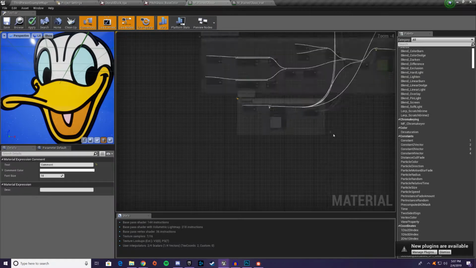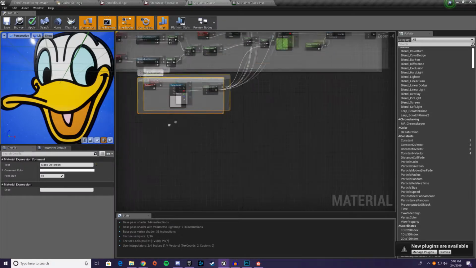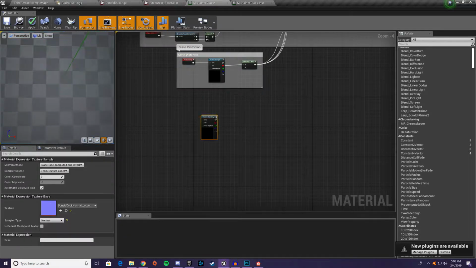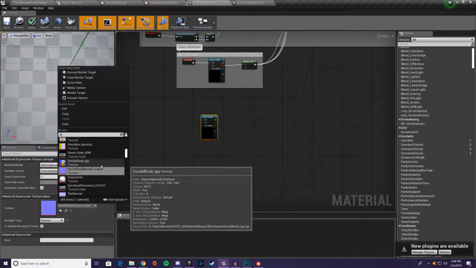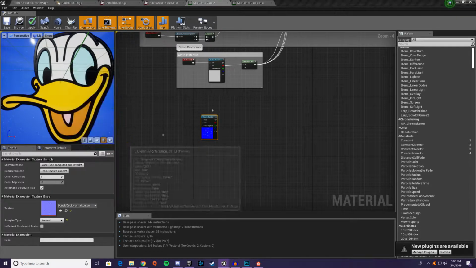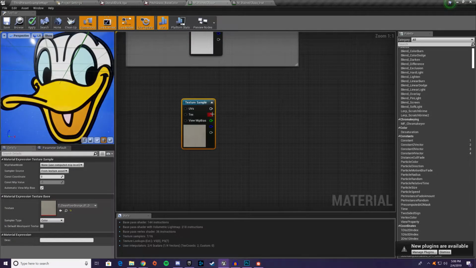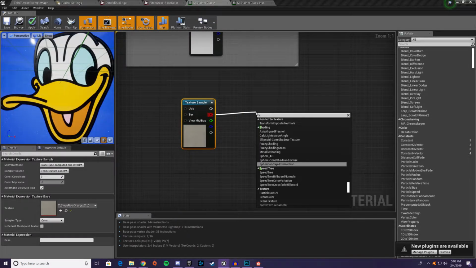So we're just going to label this glass distortion. And we're going to add one more thing in here. So what we're going to do is get another texture sample, and we're going to get clean grunge. So clean floor grunge is a texture that's also in the engine content. And we don't want this whole color image once again. We just want to drag off of one of these